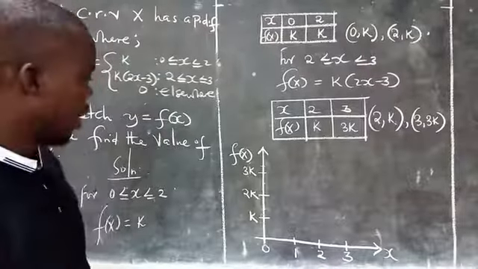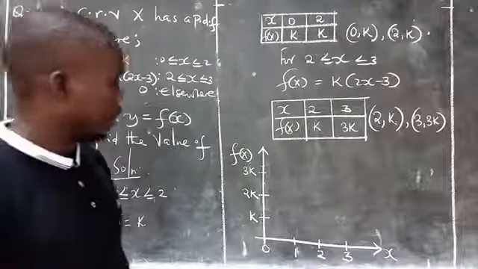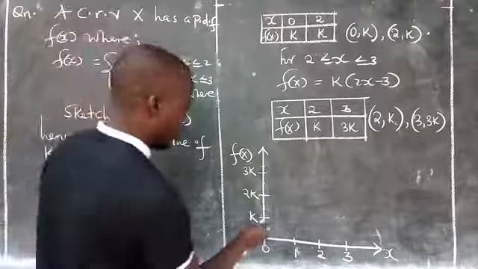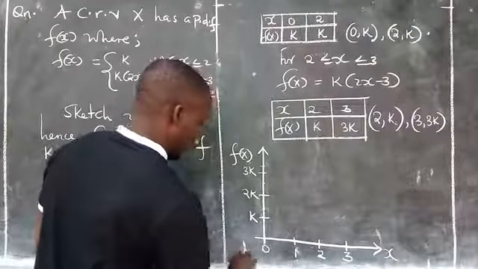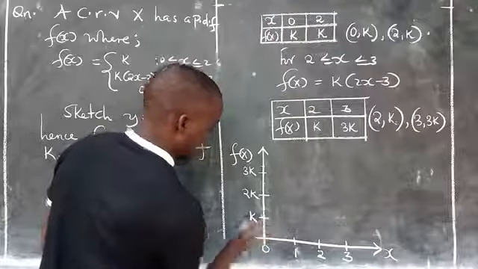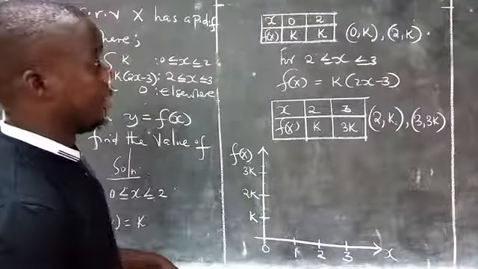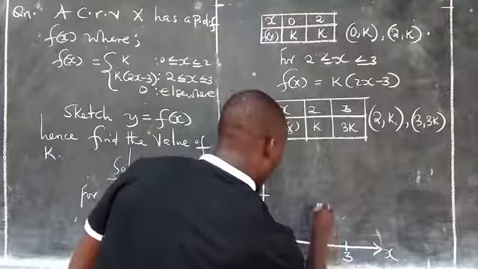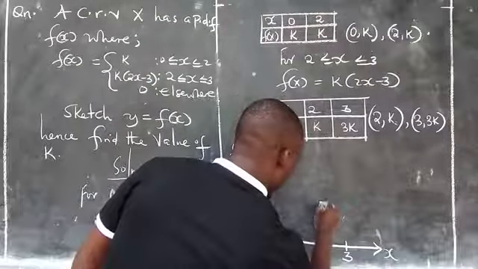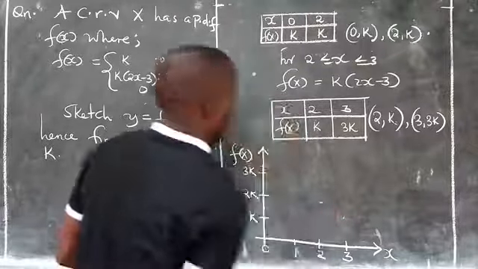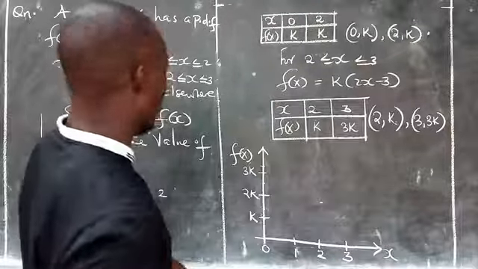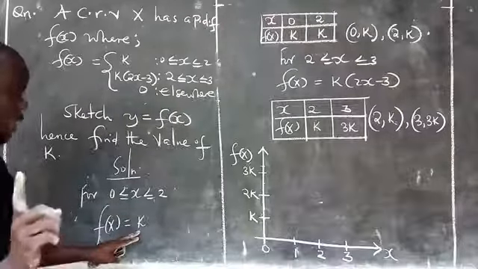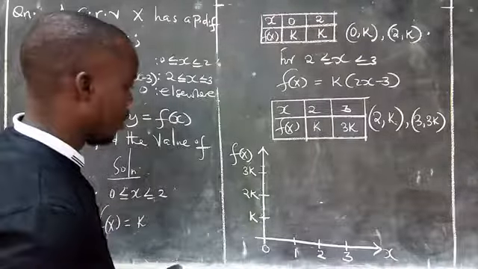Okay, so we can now do the plotting. 0k is going to be somewhere here. Maybe I'll use a different color there. Then 2k is going to be 2 here, and k is somewhere here. I'm just trying to approximate. And if you look at the nature of this function, the function we started with, it is still going to be simply a straight line. And it will be a straight line